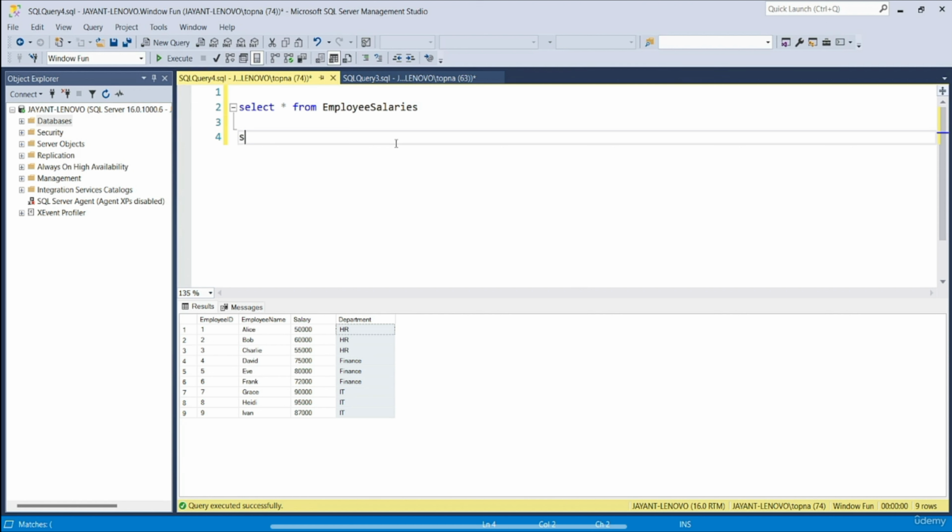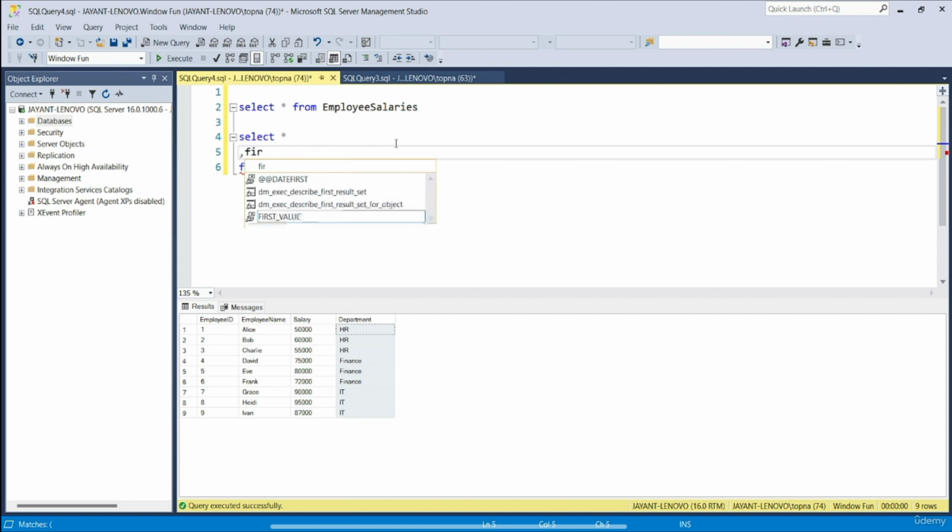First of all, let's write select star from employee salaries, so that IntelliSense will show us the names of the columns, else we'll have to type each one of them. Now let's go back to this star, press enter once again, come to line number 5, comma, and now start writing the window function. So we will write first value,